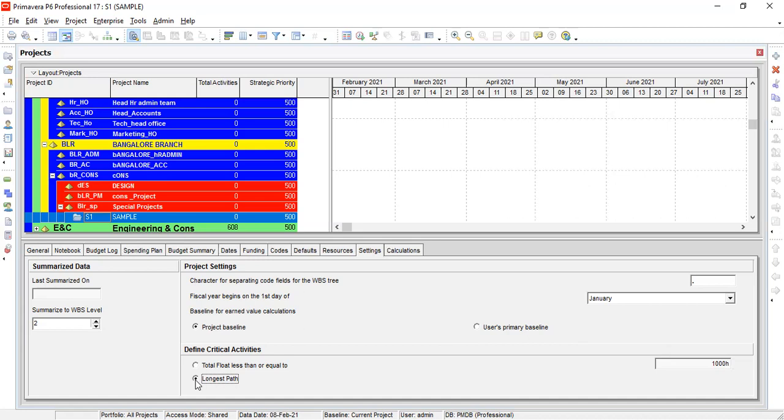Okay, done. Understood, sir? This is the general project settings. So tomorrow I will teach how to add the activities to the project. Okay, done. Clear, sir? Clear. I'll review all this and note down my doubts, and tomorrow I'll send them to you by WhatsApp so that you have the doubts earlier on.